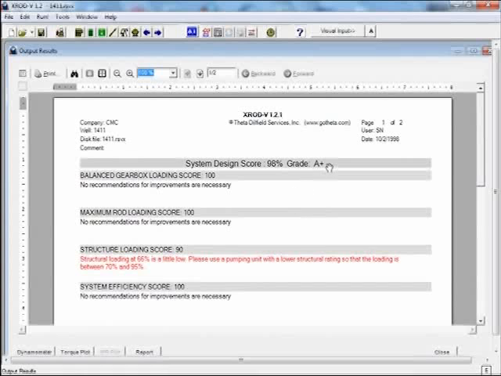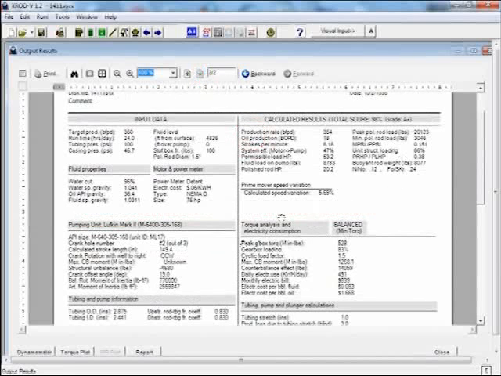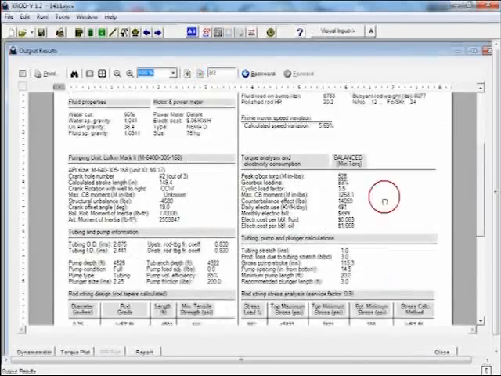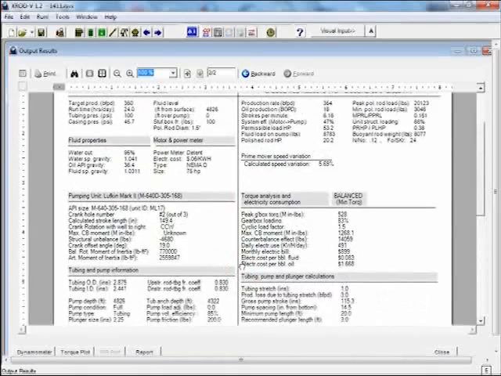Okay, now I'm getting an A+ design. The only problem here is that my structure loading is kind of low. Well, that's okay. That's not that critical. I don't want to go change my pump unit just for that. So it looks like in this case,